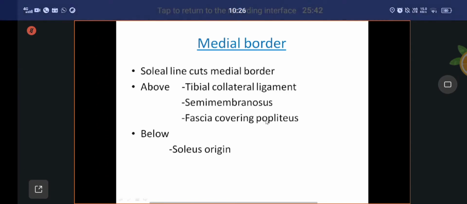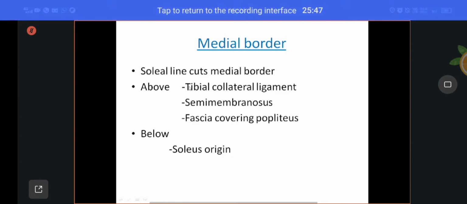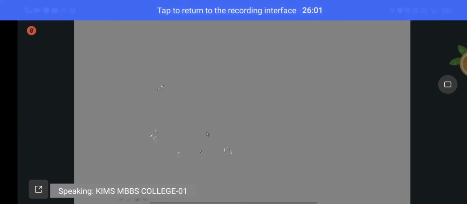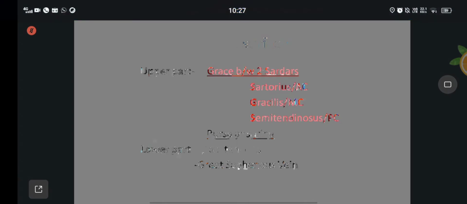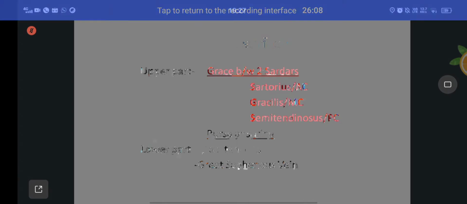The popliteus muscle also I have shown you. And once again, I will show that diagram. The fossa covering popliteus, these three important structures attached to the medial border above the soleal line. Below the soleal line, there is the origin of soleus muscle. Not only from the soleal line, it also takes its origin from the medial border below the soleal line. These are the important attachments on the medial border of the shaft of